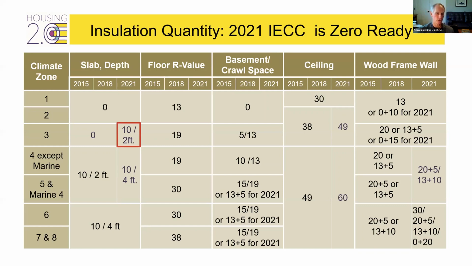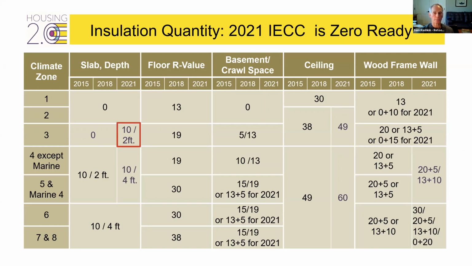All our calculations show that is a huge place for thermal heat gain in the summer and thermal losses in the winter. So very importantly, the 2021 IECC brings slab edge insulation into climate zone 3 for that critical part of thermal